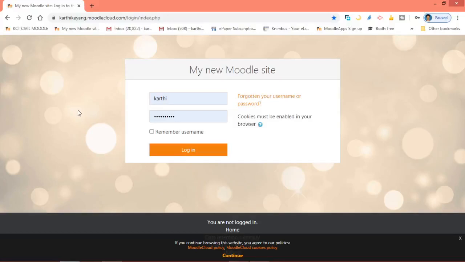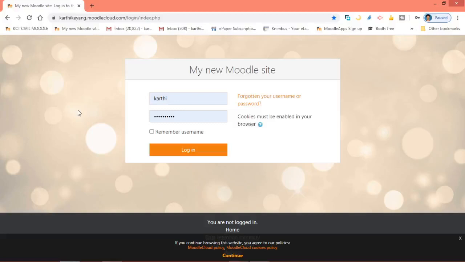In Moodle we have a total of 138 or 140 students. For that we need to divide the students into two groups for giving assignments and sharing materials to the students. And also, suppose we have lab courses. In the lab courses, we divide the students into several batches. So for that, we need to divide the students into several groups. So that is the purpose we need to create groups in Moodle.